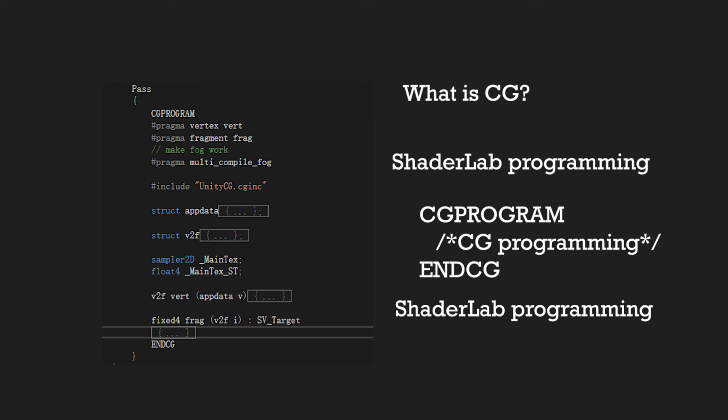Therefore, Unity specifically declares two keywords, CGPROGRAM and ENDCG, in the ShaderLab grammar to encapsulate the CG program. Its purpose is to allow us who write code to learn to write shaders faster and use more concise code to implement functions. The code between CGPROGRAM and ENDCG is the code of the programmable rendering pipeline.